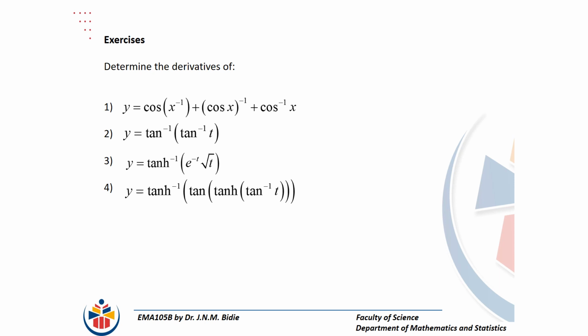And then you do number 2, which is arctan of arctan t. And then number 3, arctan of e to the power negative t square root of t. And then the last one, arctan of tan of arctan t. Let's do this and let's see how far we